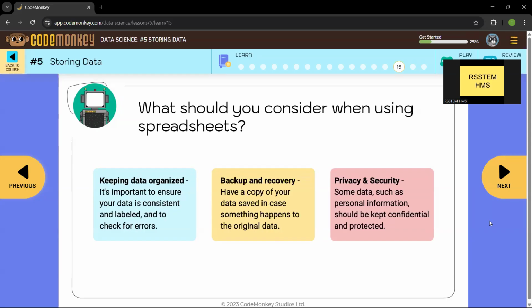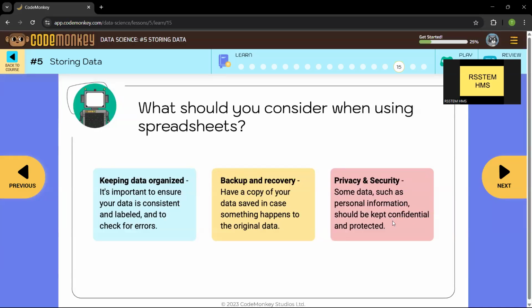This is very important. Privacy and security. Some data such as personal information should be kept confidential and protected. In data analysis, sometimes in surveys, we will ask people questions. Sometimes those questions might be very personal, therefore they should be kept confidential.